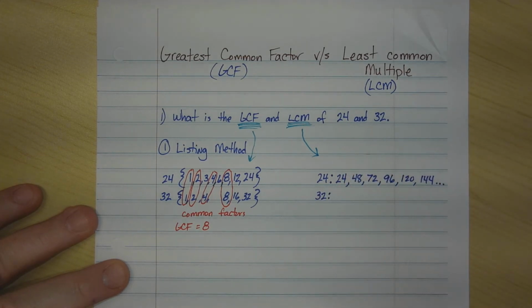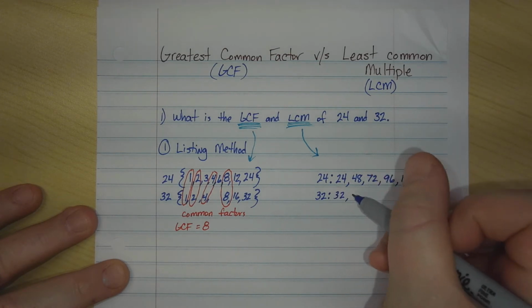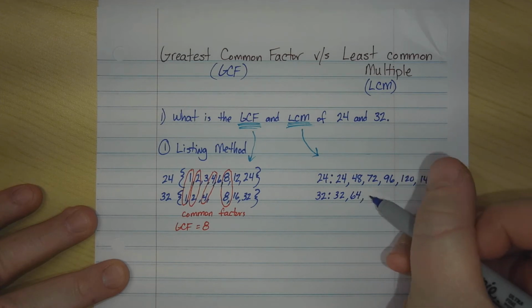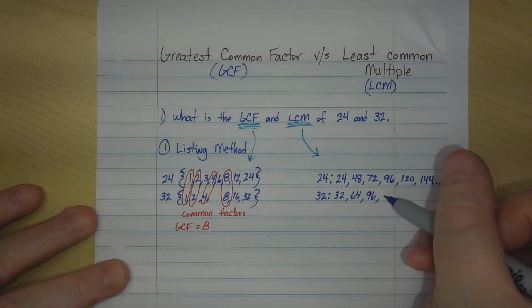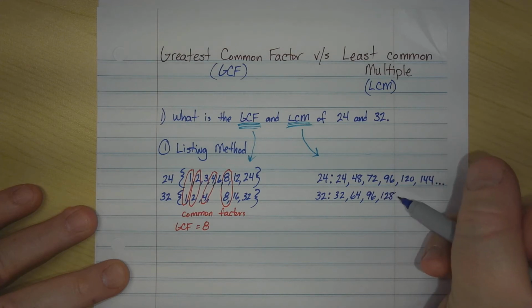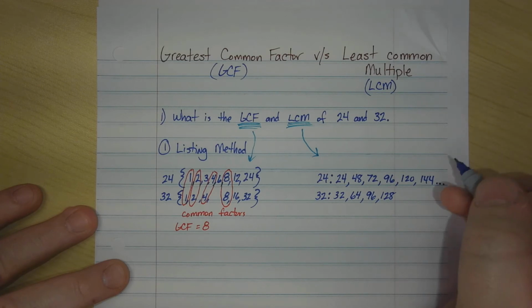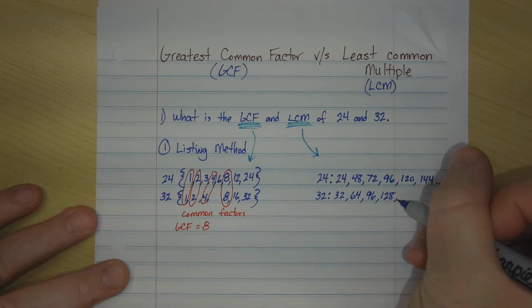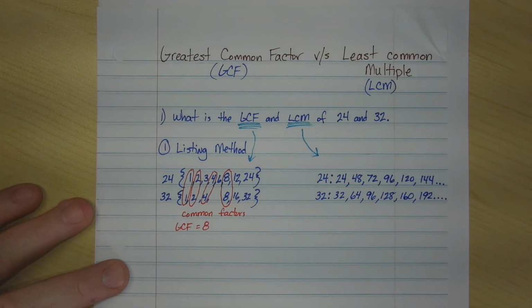Let's list the multiples of 32. 32, 64, 96, 128, 160, 192, and so on. I believe we'll make sure I did that right. Now, there might be more multiples down the way where there's some commonality between the two,